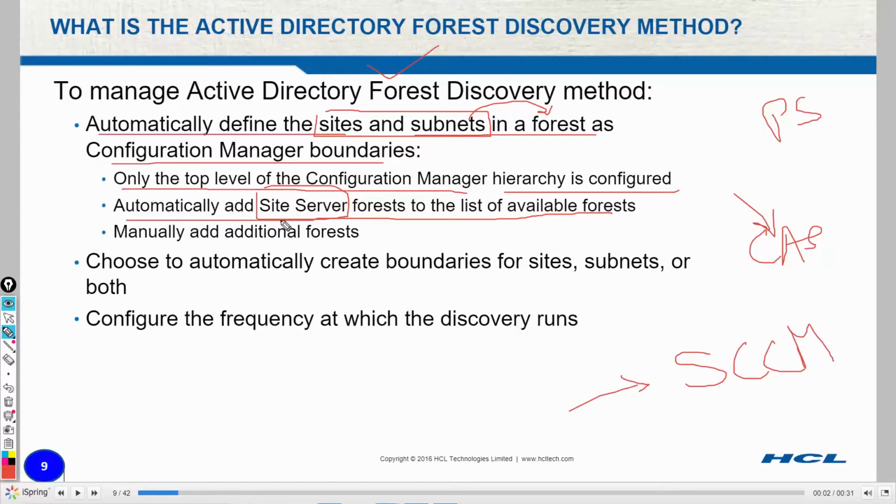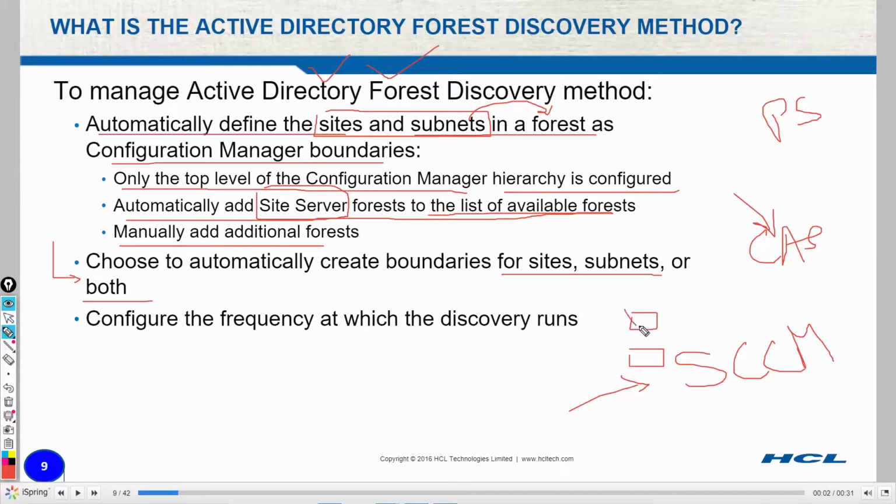Right, so it automatically adds the site server forest to the list of available forests, and you can even manually add additional forests. You can choose to automatically create boundaries for sites, subnets, or both. When we enabled Active Directory forest discovery yesterday, there were two options, right?